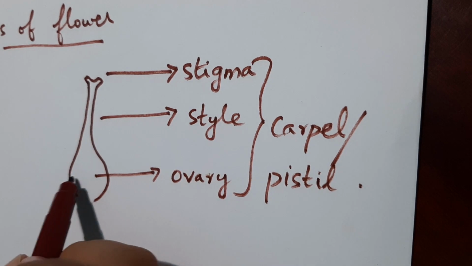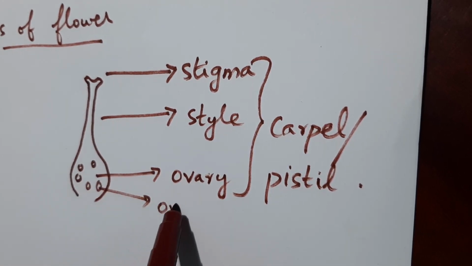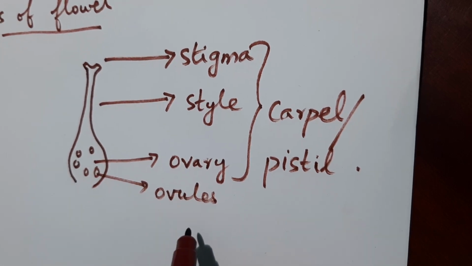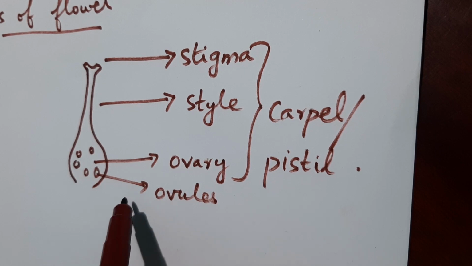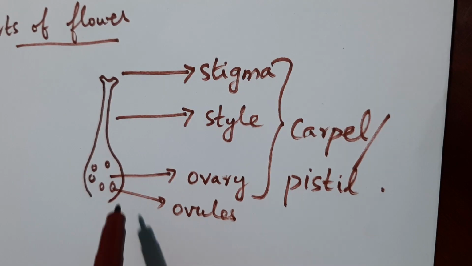Inside the ovary there will be the future seeds. They are called as ovules. The number of ovules varies from one plant to another. Now, if it is watermelon, so many ovules will be there. If it is a paddy, rice, only one seed will be there. Mango, one ovule will be there. So, the number of ovules varies from one plant to another. The next